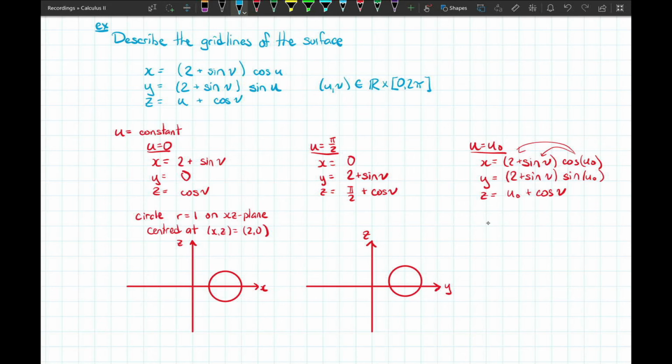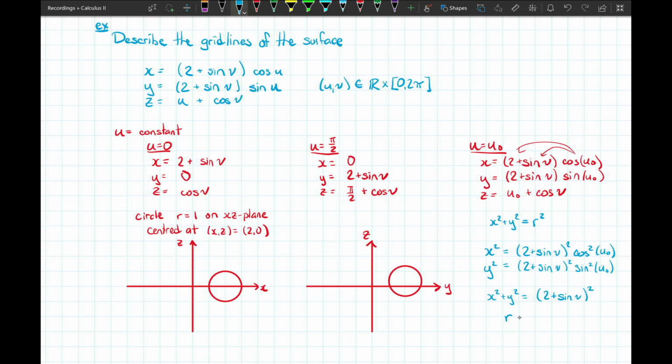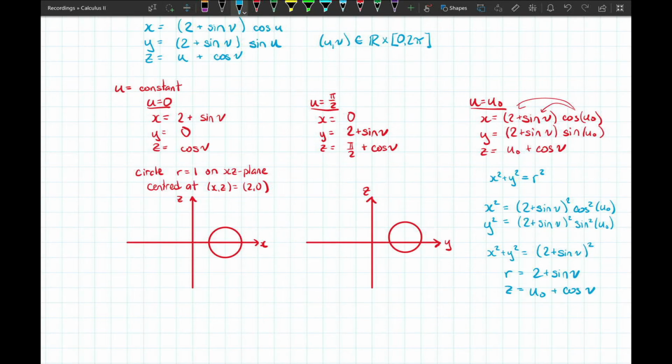Using our idea of polar coordinates, we know that x squared plus y squared is equal to r squared. So if we actually were to use that conversion here, we took x squared and y squared, and we add those together, then we'll end up with sine squared u naught plus cosine squared u naught, all times a common factor of 2 plus sine v all squared. That means that x squared plus y squared is simply just going to be 2 plus sine v all squared. And if we square root that, we end up with r. So that tells us that r is equal to 2 plus sine v, and z is equal to u naught